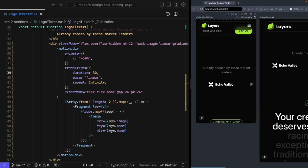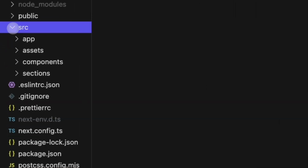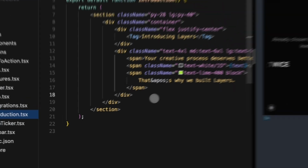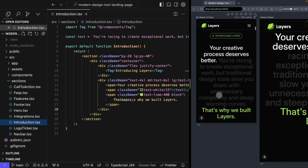Now that didn't take us long at all, but the animation is beautiful and it's happening perfectly, which means that this section is done from an animation perspective, and it's time to move on to our next section. Now that we're done animating our logo ticker, let's go ahead and animate the introduction section that talks about our layers product. So as we scroll past our logo ticker, you can see that there's this section of text, and